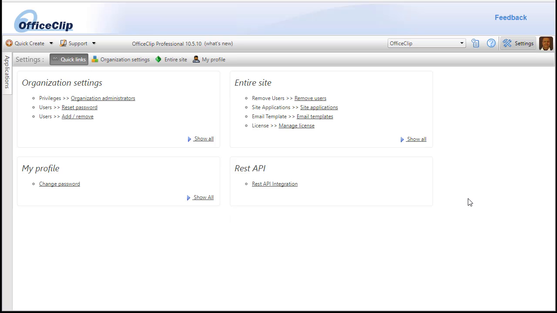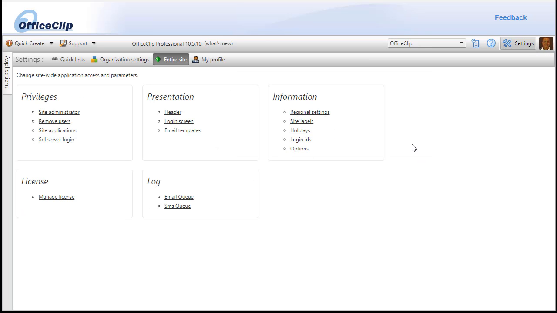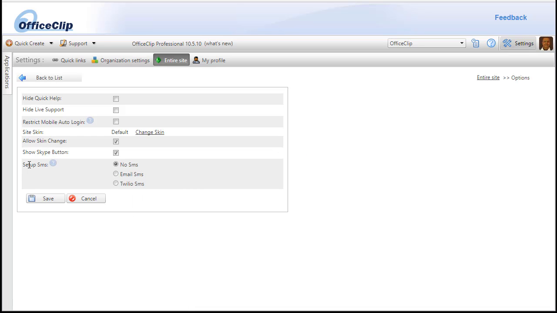To set up SMS, click on the settings and then click on the entire site. And within that, click on the options inside information. And at the bottom you will see that setup SMS option. And if you are using email SMS or SMS is sent via email, you can select email SMS or you